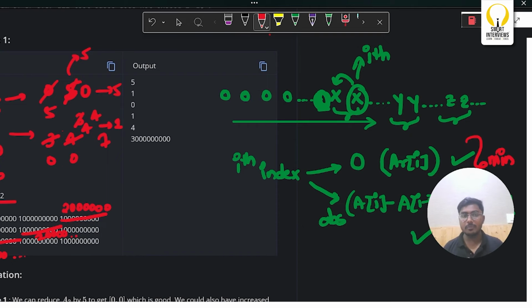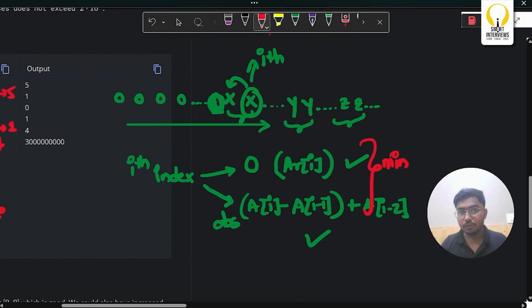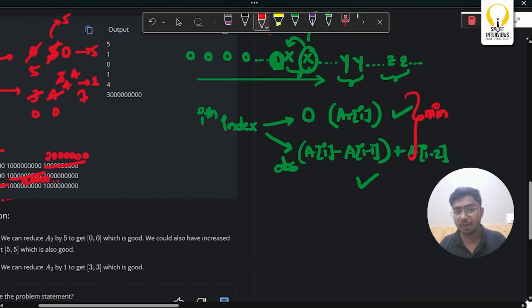So are you guys able to imagine how we can solve this problem? At each and every index, we are having two options. You might already have solved these kinds of problems where you have options at each and every index, maybe problems like subset sum, house robbing, or other DP problems, subsequence DP problems, where you go with both the options and whichever is giving you the minimum cost, you will go with that. So if I have to think now in terms of a DP direction, how the DP state and everything is going to look like,